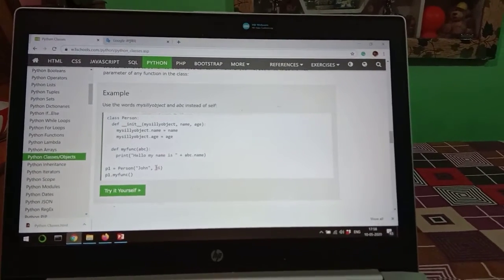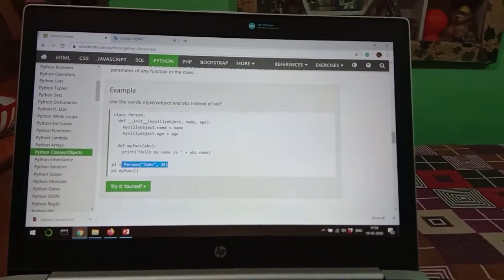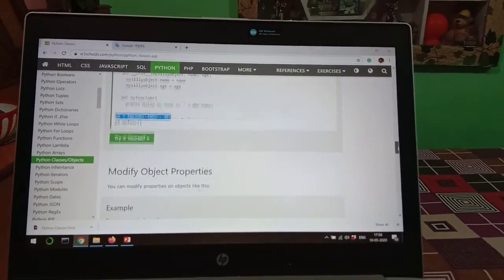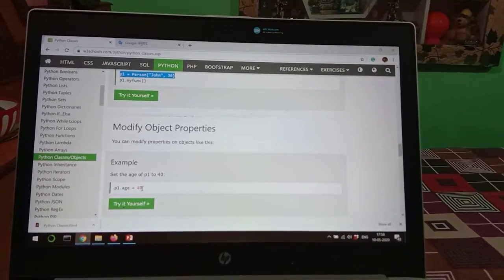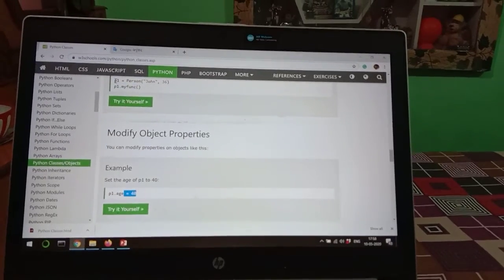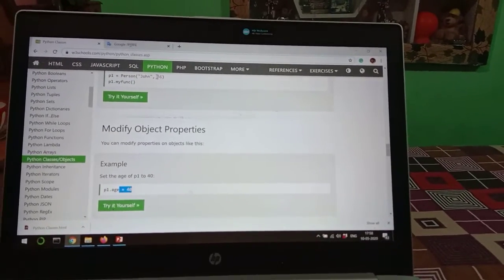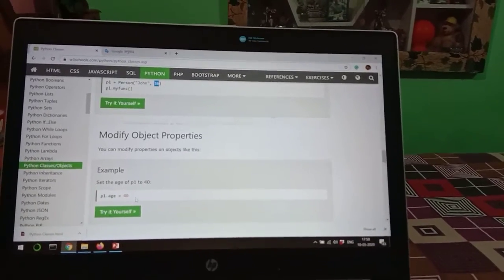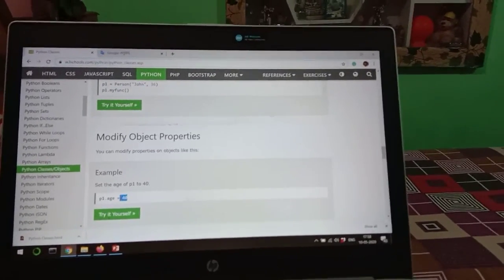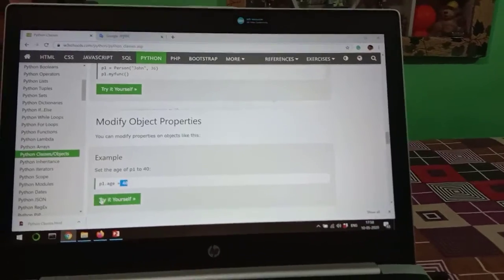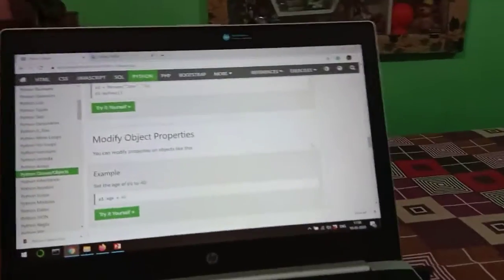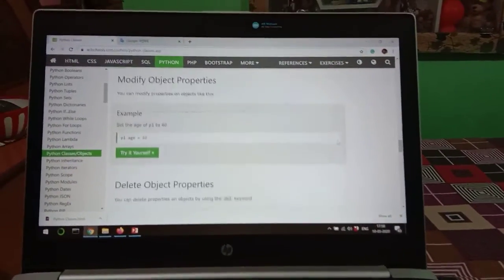Now suppose we want to modify this object p1 equals Person, then we can directly modify it like that: p1.age equals 40. This means in the object p1 there is an instance property with the name age, which is 36, and it will now be replaced by 40. The way to replace it is p1.age = 40. In this way we can modify the object of any class.